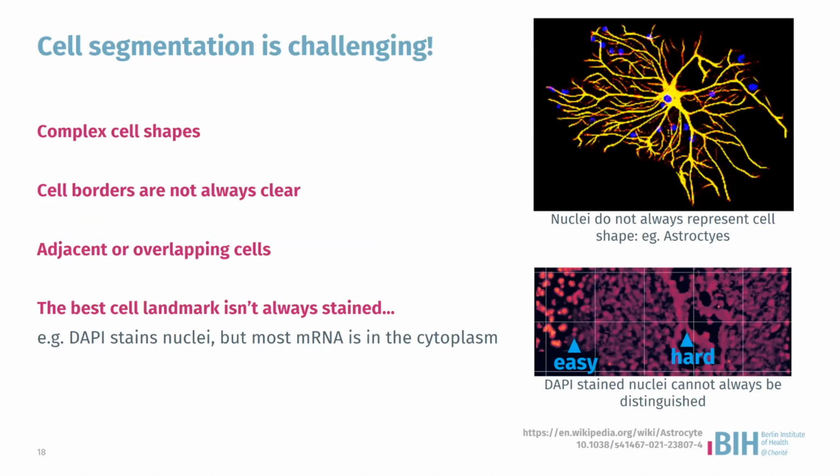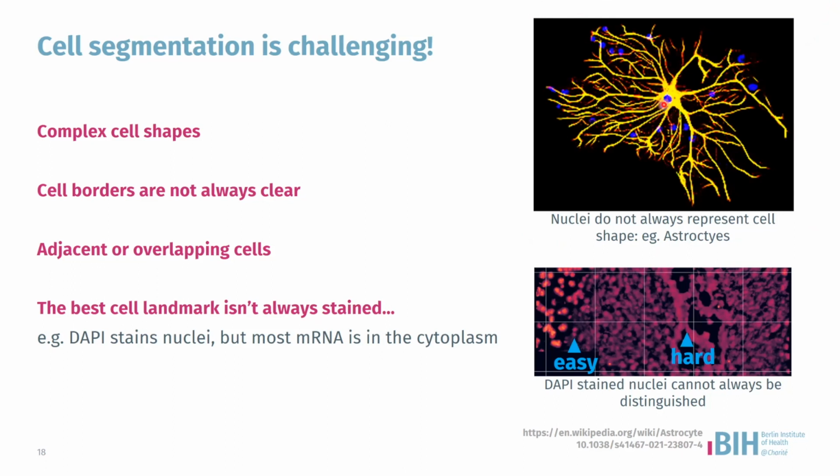To motivate why cell segmentation-free approaches are important, it basically goes down to the notion that cell segmentation is not easy. It's a really difficult task. To demonstrate that, I have a couple of examples. Cells themselves can have very complex shapes and sizes, so even if you use the correct stain, it might not be easy to reconstruct the exact shape of the cell. In the image on the top right, this is an example of an astrocyte cell that has been isolated from a rat brain, and you can see already that this is a very complex shape,